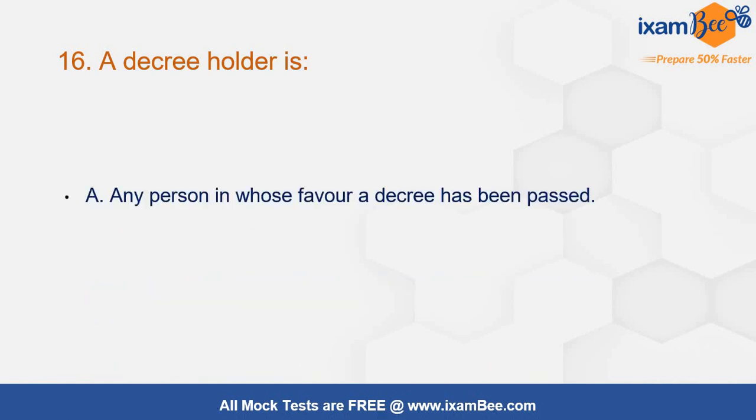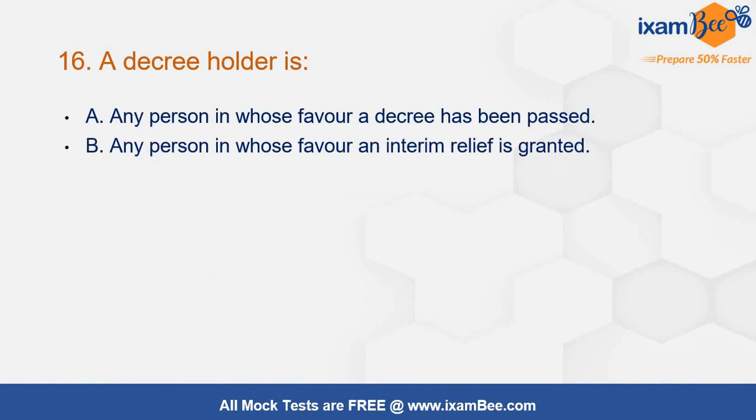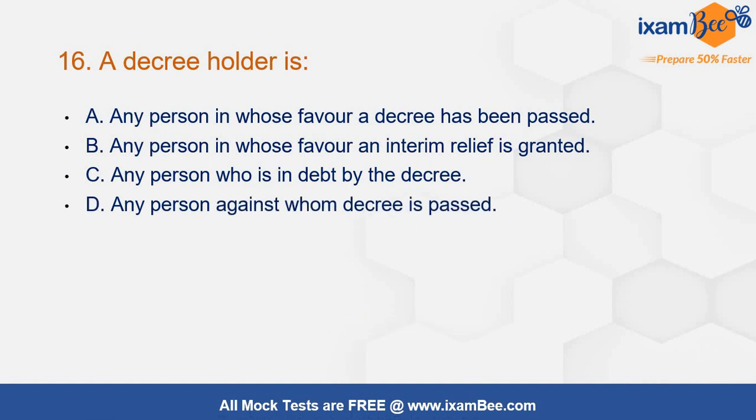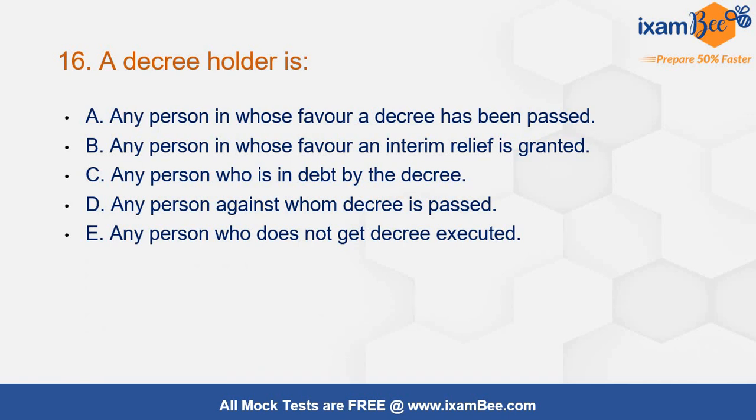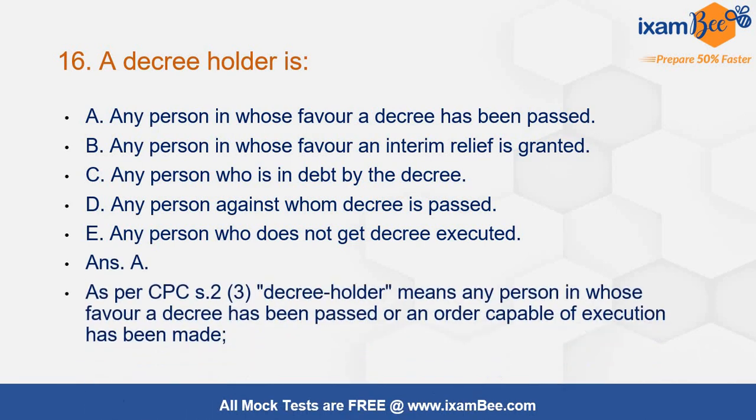A decree holder is any person in whose favour a decree has been passed, in whose favour interim relief is granted, who is in debt by the decree, against whom the decree is passed, who does not get the decree executed. Very simple. The first option itself is correct. Section 2 clause 3 talks about the decree holder. Who is he? The person in whose favour the decree has been passed, and the judgment debtor is the one against whom the decree has been